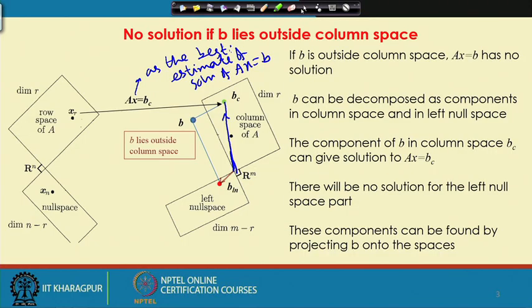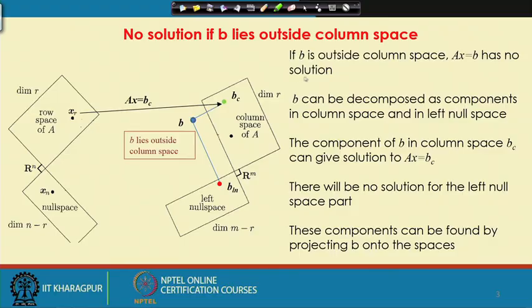Ax is equal to b c becomes solvable, and this solution is the best estimate of the solution of Ax is equal to b. And we will go ahead with this now. So, now our target will be to find the solution of Ax is equal to b c, and to find the projection of b on the column space b c. And we also have to justify why we are telling it to be the best estimate, whether this is the least error